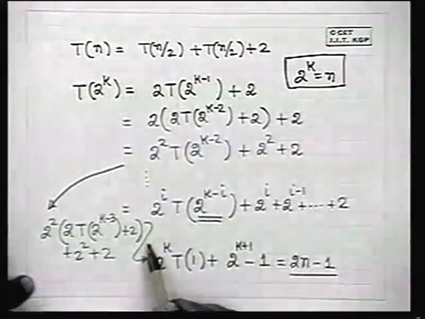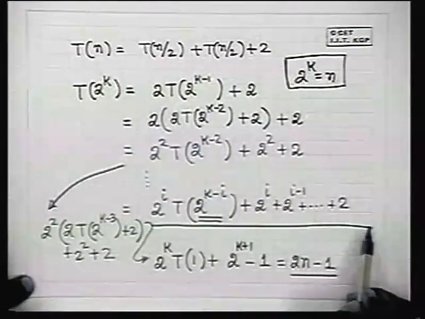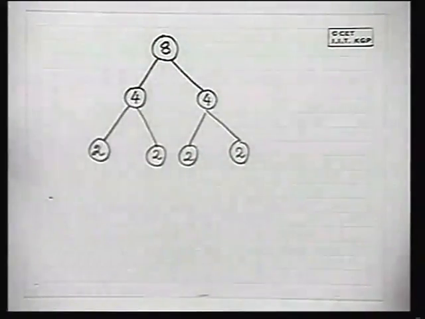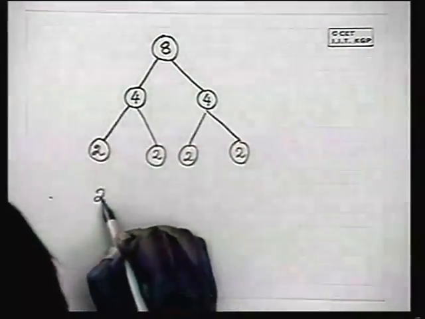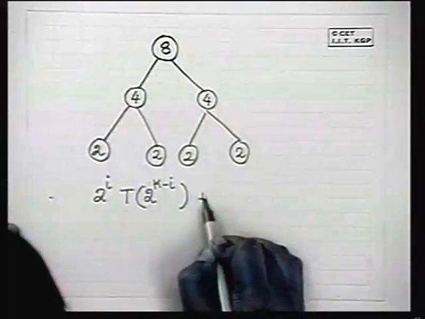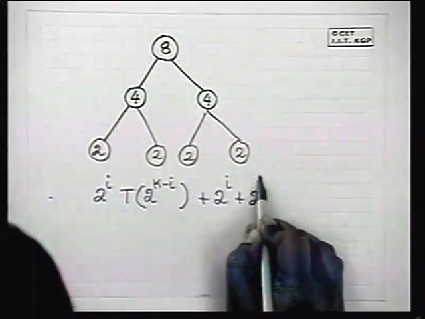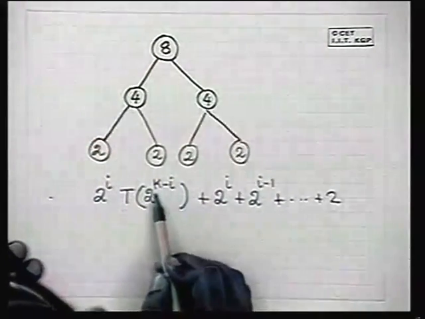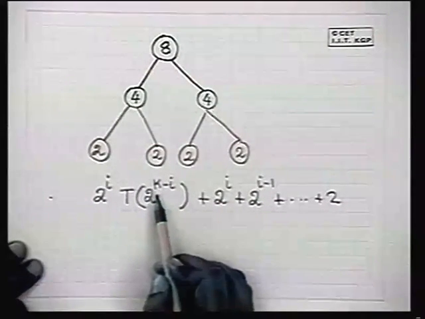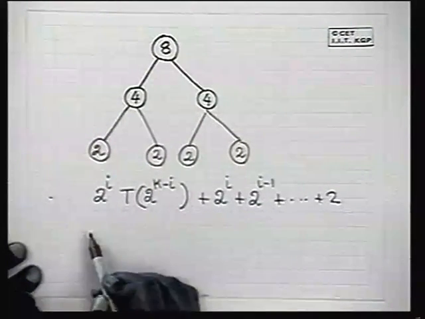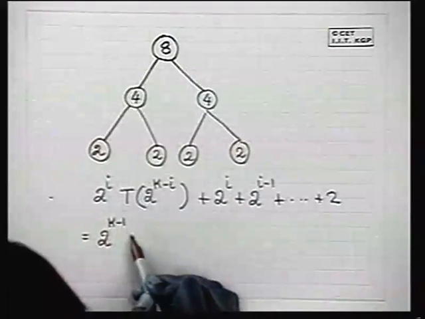Got it? So this part is correct, this whole thing is correct, but it would have stopped at T2. It need not have gone till T1. So let us proceed from there. So we were at 2 to the power i T of 2 to the power k minus i. This is correct. The expansion is correct. But the mistake we made was we broke the recurrence, we made it go to 2 to the power 0, that is 1. But the recurrence will stop at 2. So i will be k minus 1. So we will stop at 2 to the power k minus 1 T2